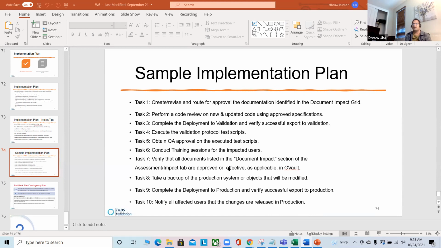And after the change happens, then you have to go and validate it again for the change made into the system. So this is how the change management works. And then everything you write here, task by task, you have to complete one by one. And then in your closeout, you're going to write, okay, I have completed task 1, completed task 2, completed task 3, and this is how it works,